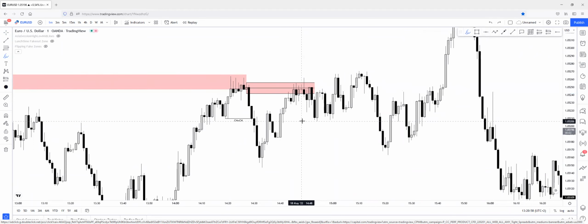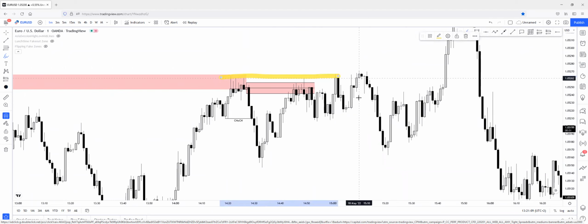And as you can see, price has created a range. Price has created liquidity right here. This was liquidity. This is liquidity and liquidity on the downside too. Price has swept the upside liquidity first. So there was the range. Price has swept the upside liquidity with this movement. As you can see,